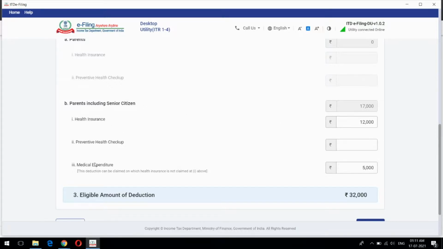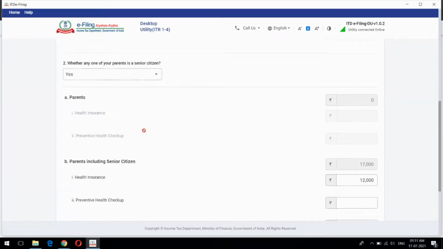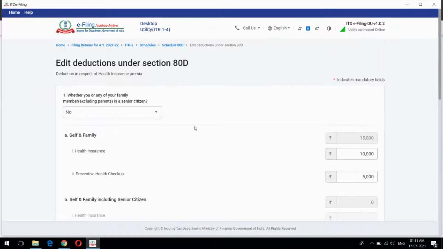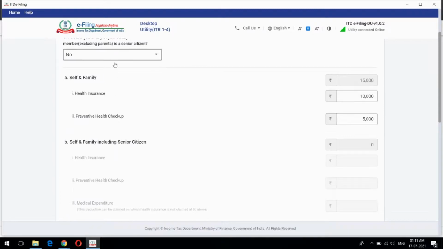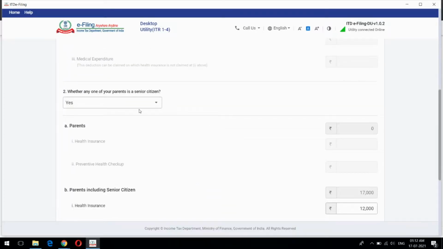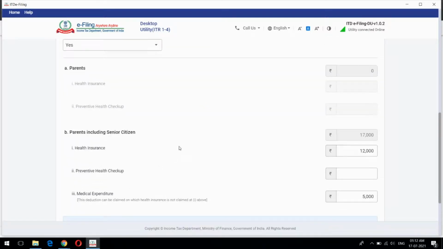If you have any medical expenditures, any kind of medicines you purchased for your parents who are of course senior citizen, that also you can put the figure here, right? So this is pretty much self-explanatory, and let me just take you through once again. Health insurance, in case whether you and your family member is a senior citizen, it is no, of course. So here, if it is no, then these are the options that will be applicable to you. The second section will be disabled, right? So like this, you just fill it up, and if this is yes, then this section will open up,